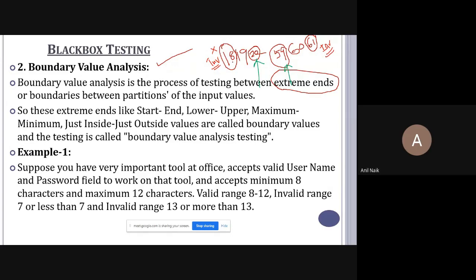So for example, for this 19 to 60 range, we can write the 4 test cases for 18, 20, 59 and 61. Means if you provide input 18, then it should be invalid. For 20, it is valid. Boundary value, we are checking the boundary values. 59,